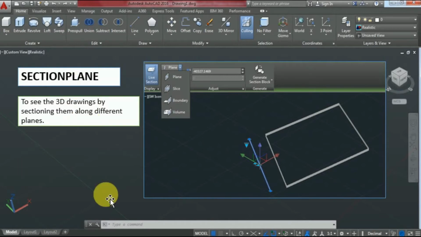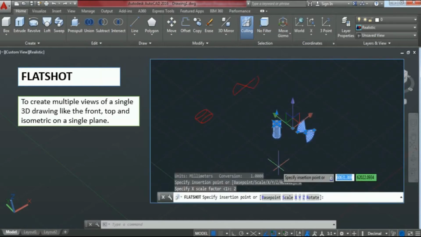Section plane. In 3D drawings, the sectioning of different planes can be done using section plane. Here is one plane showing the section plane of this selected object. Flat shot.